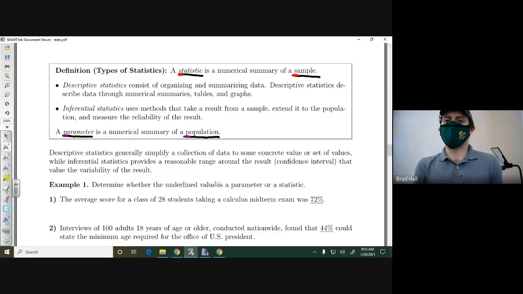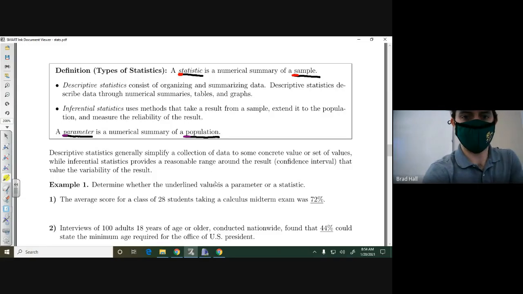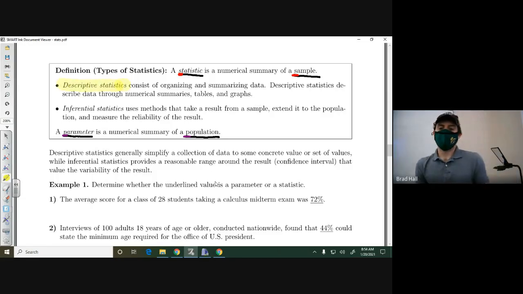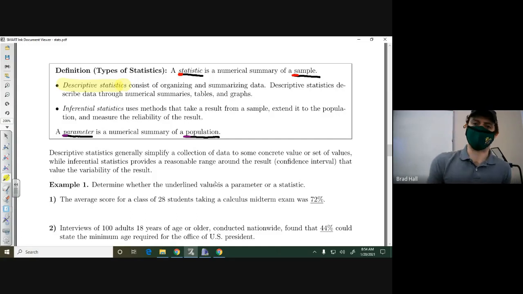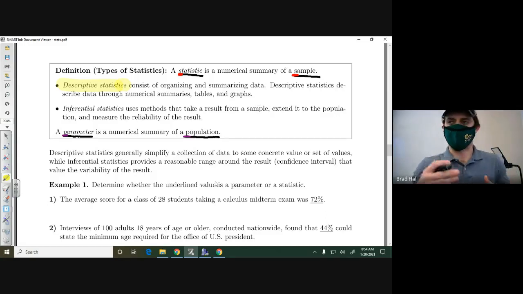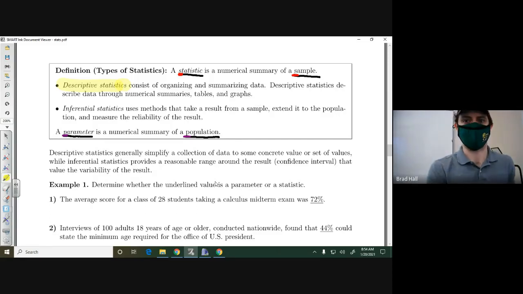And so there are two types of statistics. One of them is descriptive. And me highlighting in this sense doesn't really emphasize one thing over another. I could have emphasized every definition beforehand. Everything's weighted the same in terms of importance, especially in this first section. They're just definitions. So, descriptive statistics.